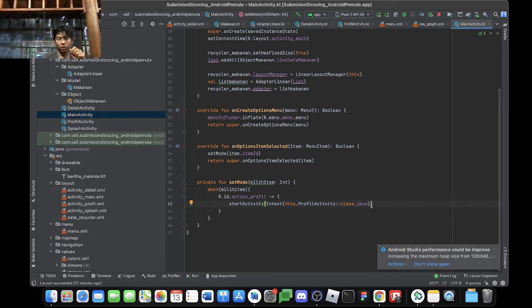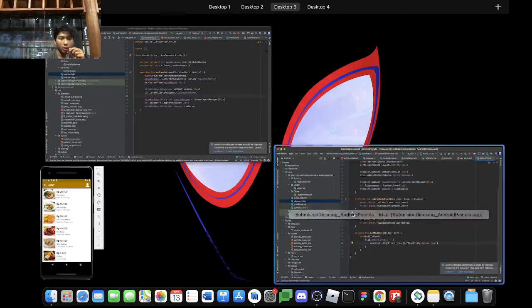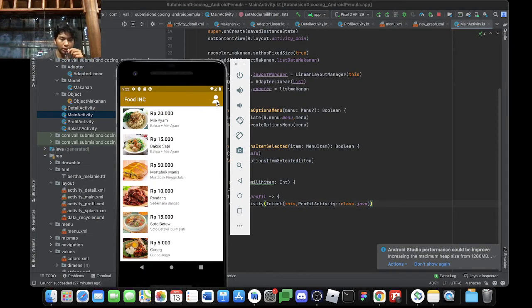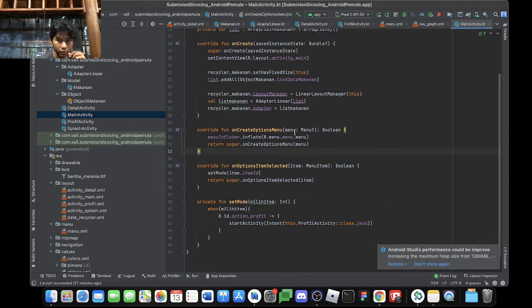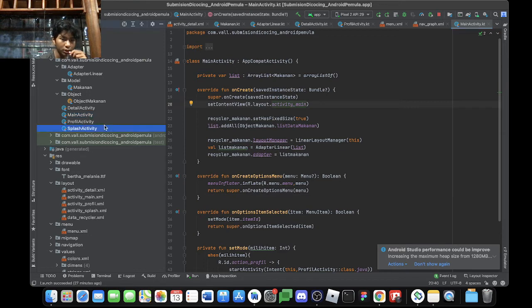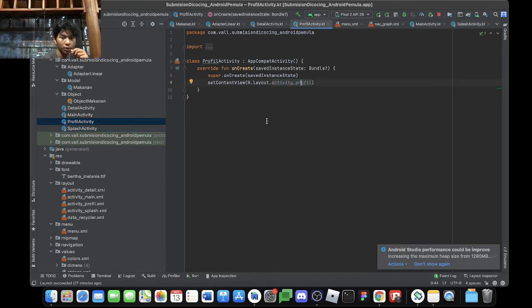And then now the icon is able to be pressed and move into the profile activity, and in the profile activity you can design whatever you want.